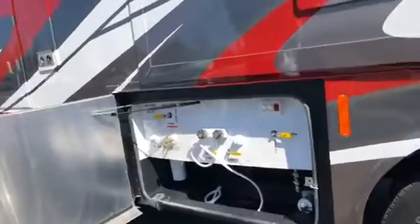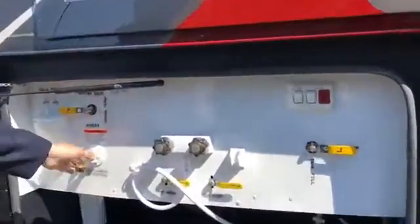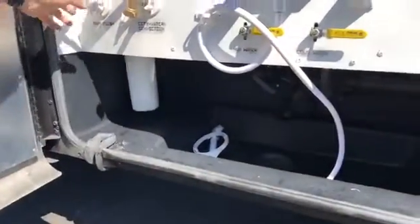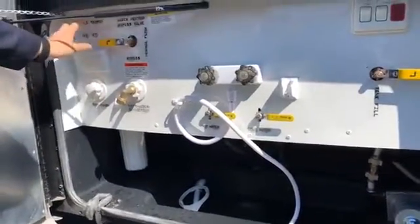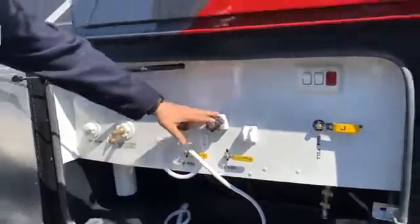So this is your water compartment. So this is great how they set it up for you. You got your bypass, you got your city water connection here. You can keep everything closed and locked by putting that in here. You got a black tank flush system, a GFI outlet. You have either a tripod or cable if you had that at a campsite. We have your